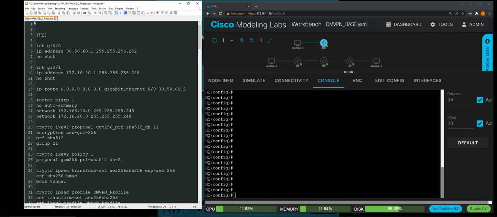I'm going to do the next steps based off of the previous video. So still doing DMVPN. And in the previous video, it was using IKEv2 and the phase one topology where it was just hub and spoke. And so I want to do phase two, which allows for dynamic spoke to spoke